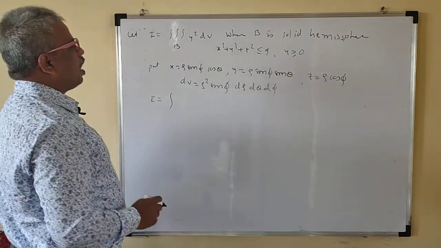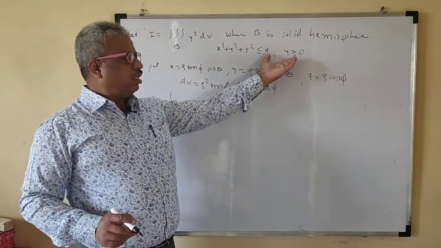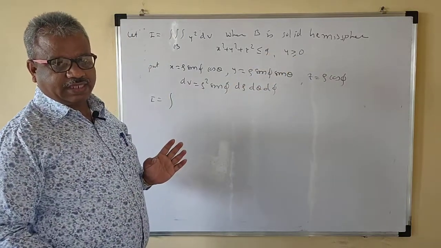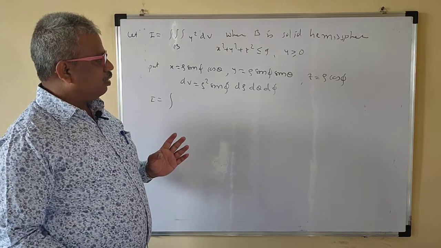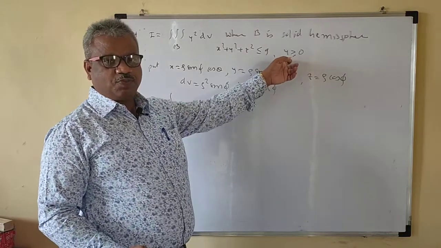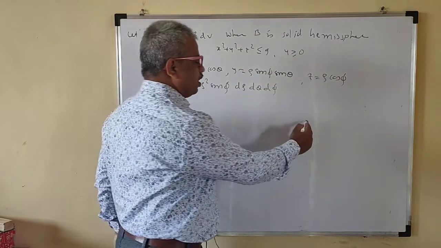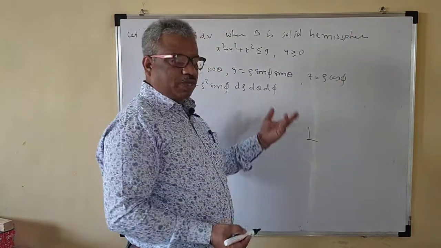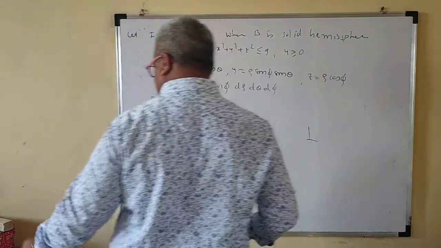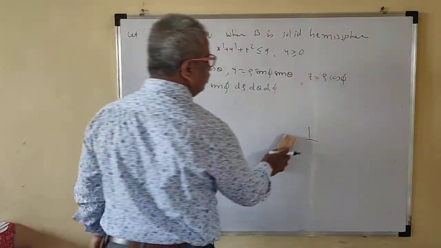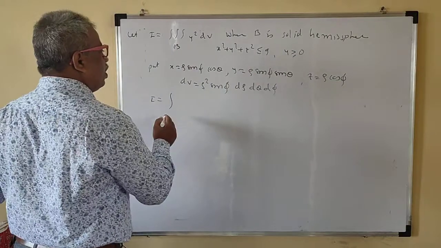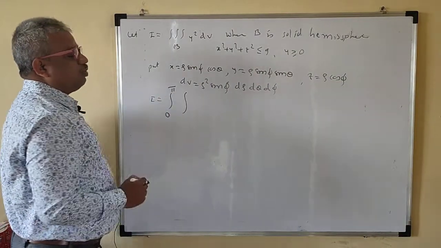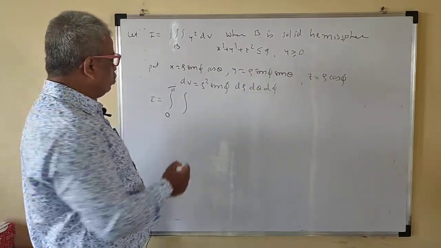Now your phi. This is y greater than 0, that means this is right to the x-axis. Y is positive means the upper part of the first coordinate, so first and second coordinate. For phi you don't have the problem, so your phi is 0 to pi. But your theta is 0 to pi now.